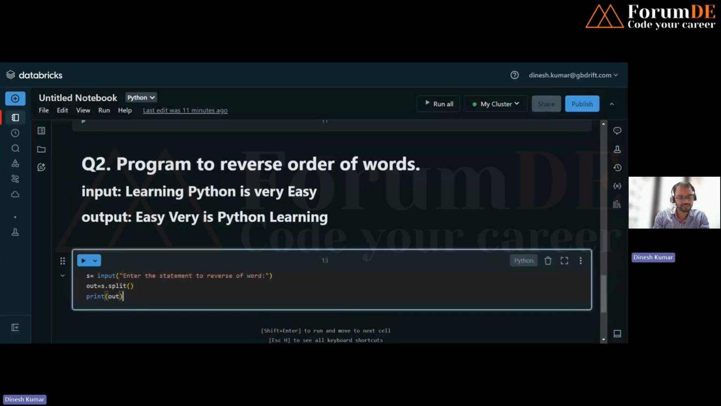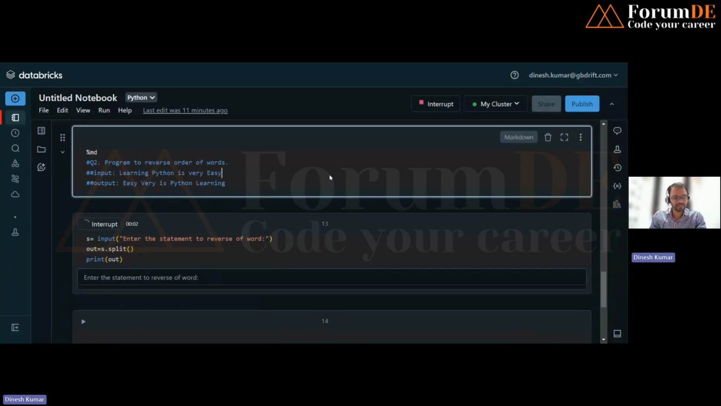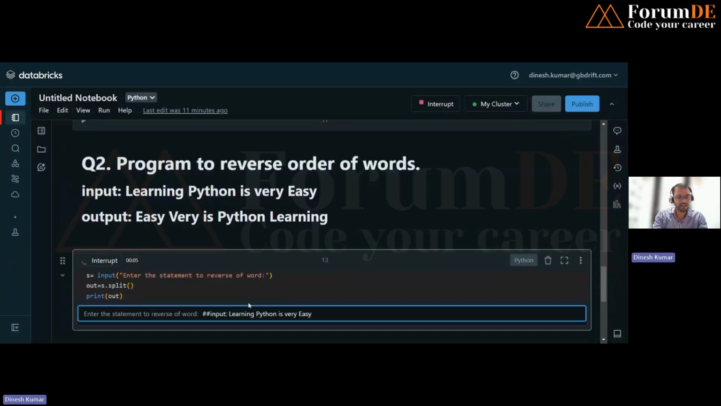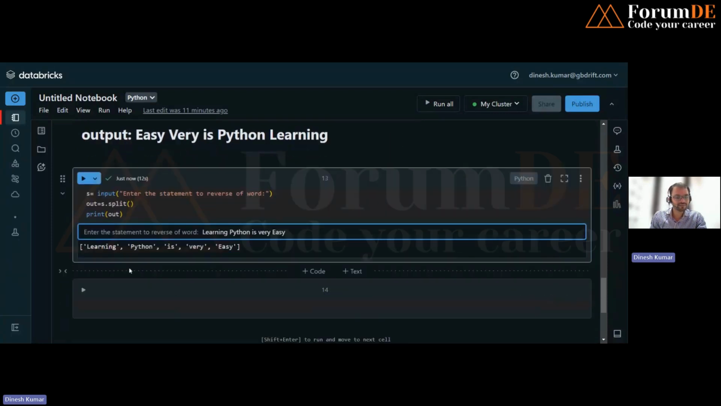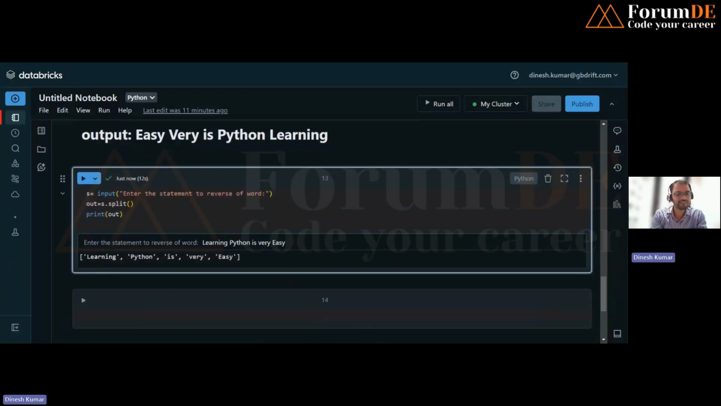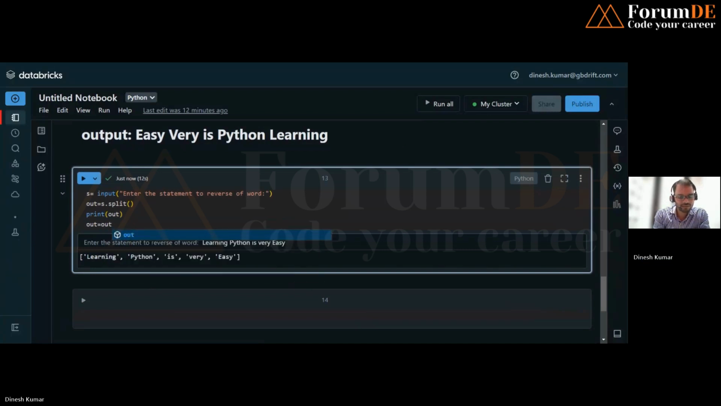Okay, after the split, if I enter the input and then see the output, the output is basically all the words in a list. Now it is very easy to reverse that, right? So how can you do that? We are going to reverse it: out = out,